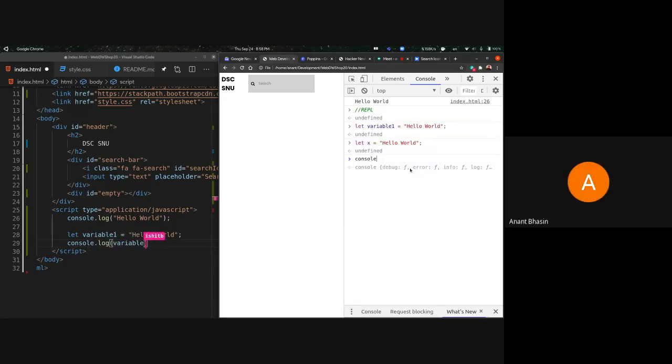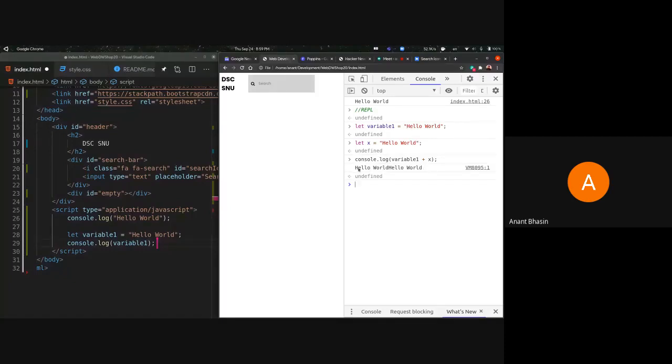So now he's going to print out the variable. I'm also going to print out the variable, but since I have two variables, I'm also going to add both the variables. Oh, sorry, console.log, not just console. My bad. So he was printing out variable one. I'm printing out variable one plus x. Since both had the value hello world, it gives me hello world twice.